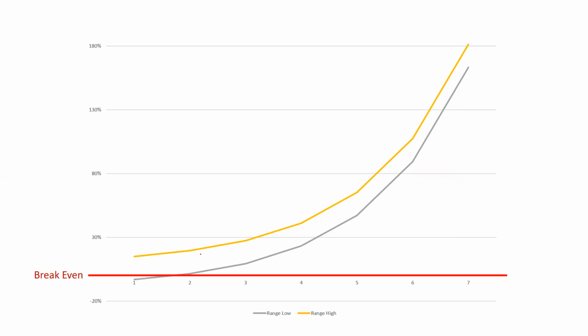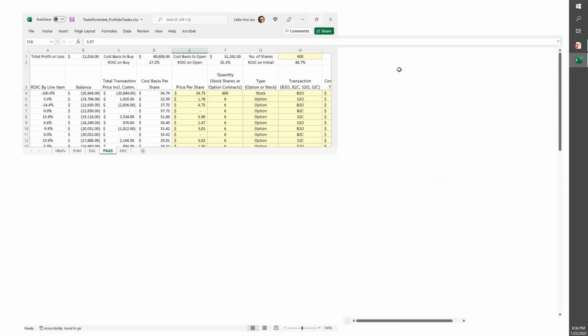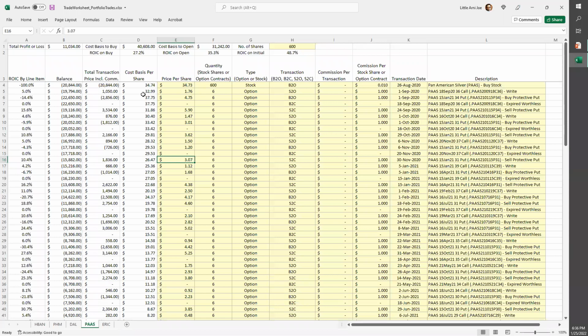Here's that break-even price. Let me bring back the spreadsheet one more time so you can see something. I forgot to point this out. After that first month, before I started the second month, notice that my cost basis was now down after I sold back that option at $31.86. That's my new break-even price after collecting the credit on selling the premium and selling back my insurance for more than I paid for it.